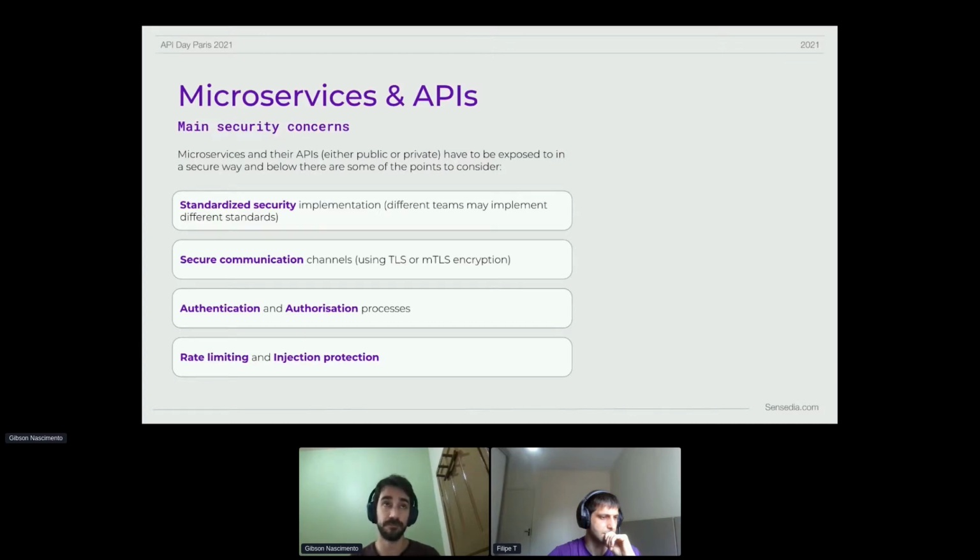But as a security concern, sometimes giving all of this freedom also brings some considerations, right? And the standardization of the security is one, or maybe the biggest one. Making sure that the different teams understand the patterns, understand that the security implementation that they have to put in place before exposing an API is something very important. And it helps a lot in guaranteeing that the applications that you are exposing are protected in the way that they should be. Another concern, another pain point, and